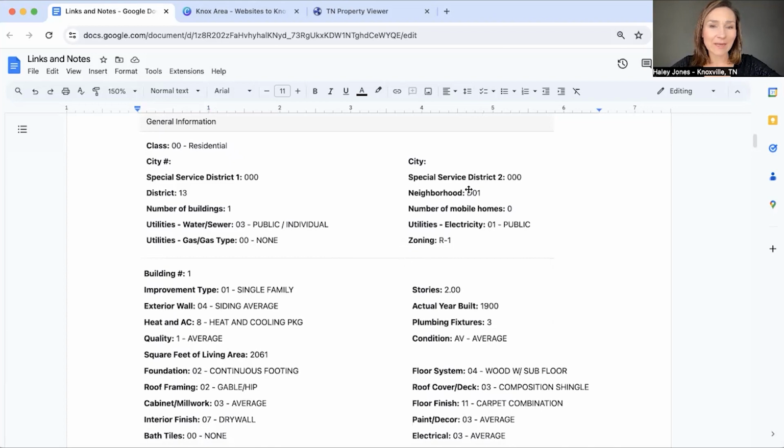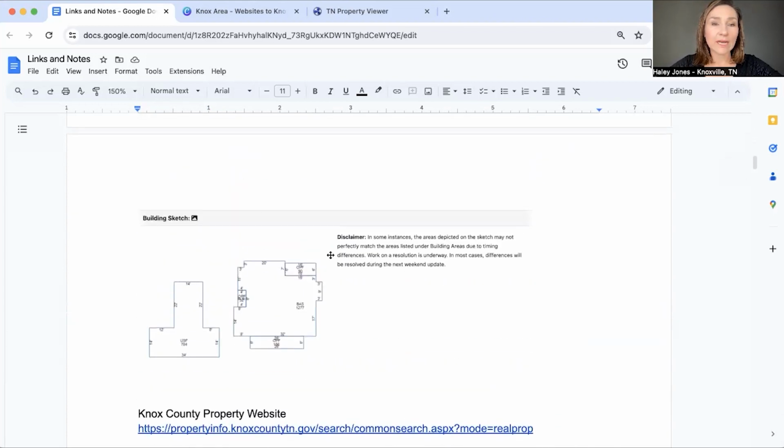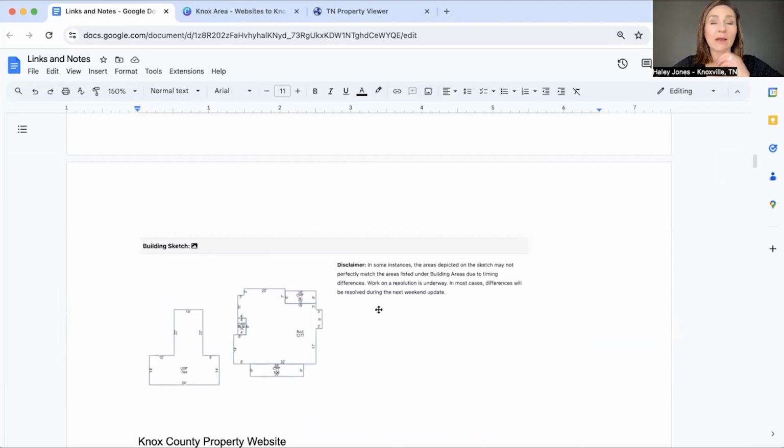Usually neighborhood is going to say the name of a neighborhood. It tells you information about the property. And then also you get a sketch of the property. Now I would take these sketches with a grain of salt because